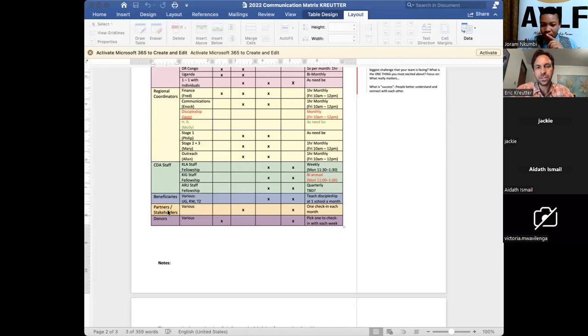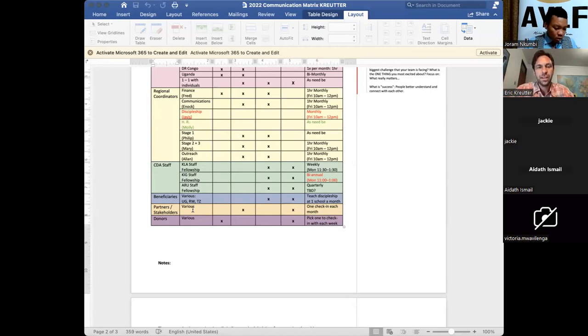There's also partners and stakeholders. At least once in a month, I go to one of our partners and try to get some time to understand their work and understand how we can work together better. And I put that on the calendar every month. I know that as a month is passing, I know, okay, in the month ahead, I want to check on this group. I want to get an update from them about what they're doing and how our work together is going.